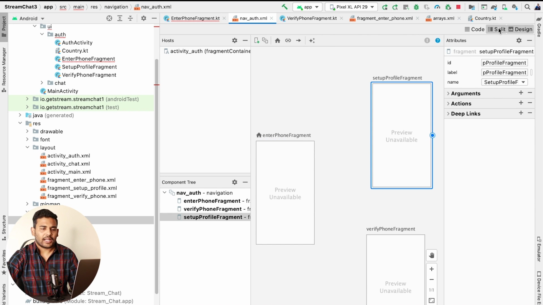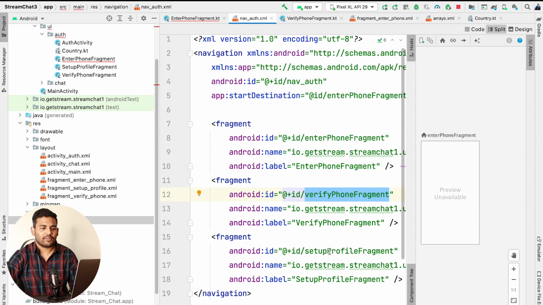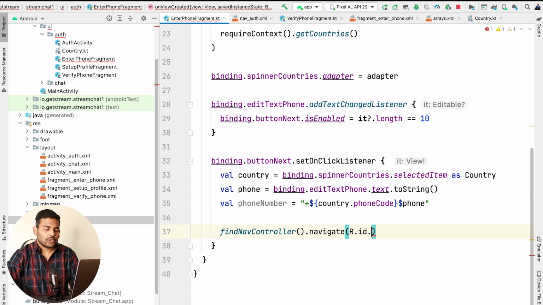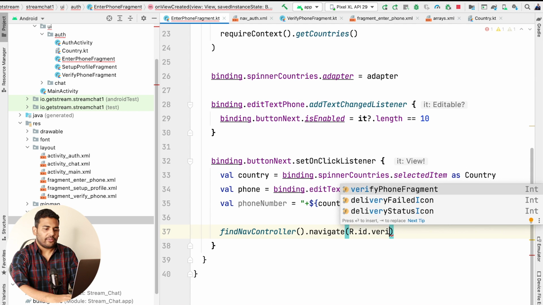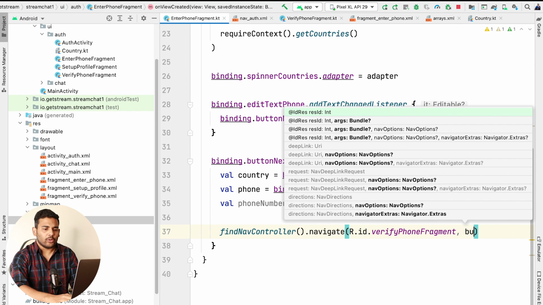Now every fragment has an ID. You can see if I split it, we have enter phone fragment, verify phone fragment, and setup profile fragment. Now come back to enter phone fragment. So here I will navigate to verify phone fragment,